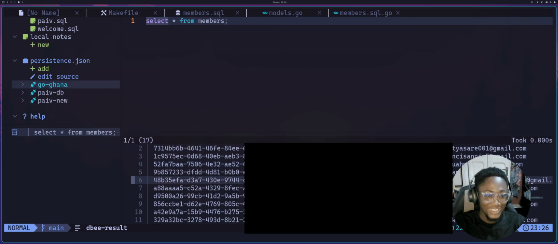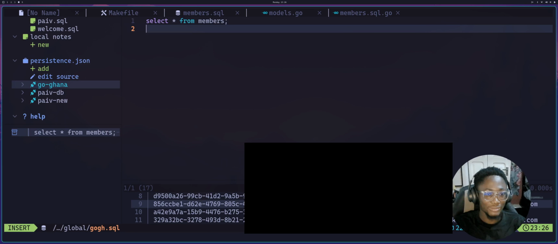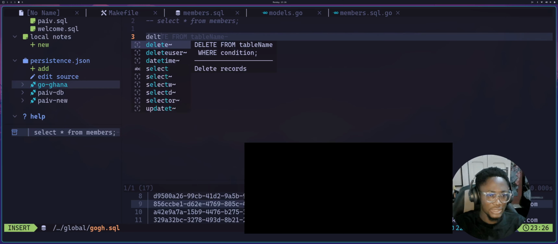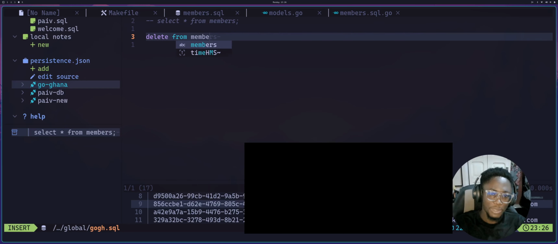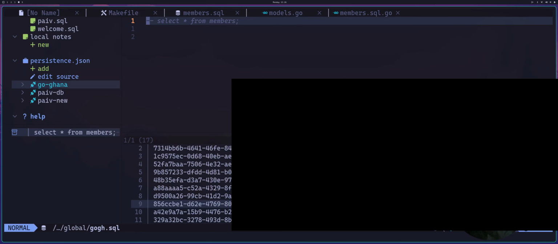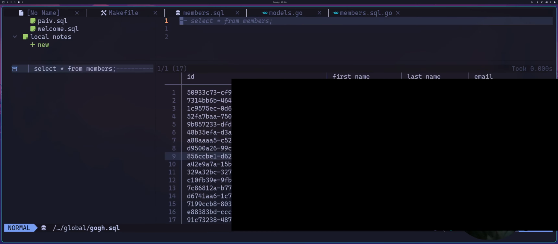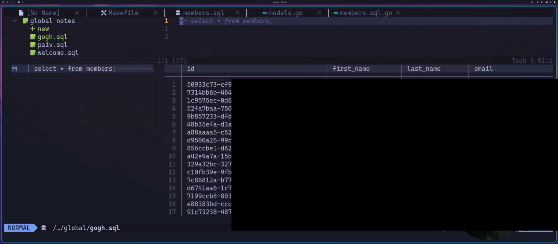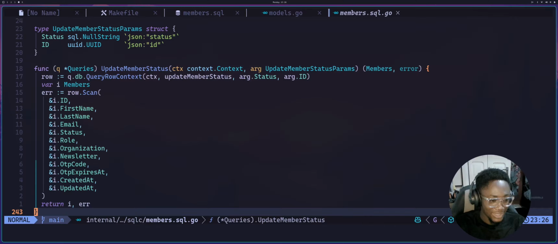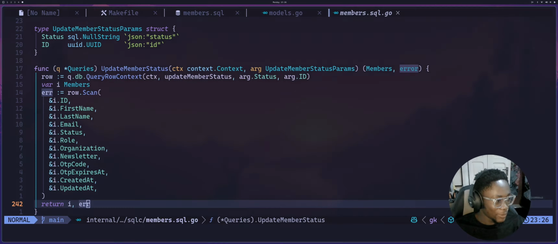I could do a delete from members. I could do this, but I'm not going to run this. This is dangerous. So yeah, I could switch between this and my editor very quickly with just a few key bindings. Yeah, so that's it for SQLC